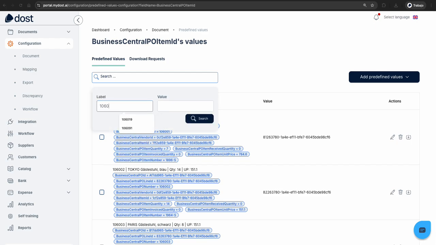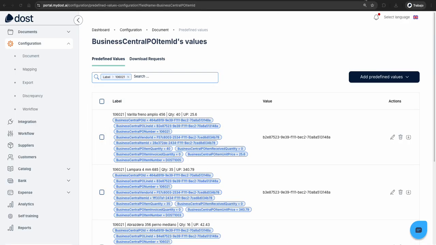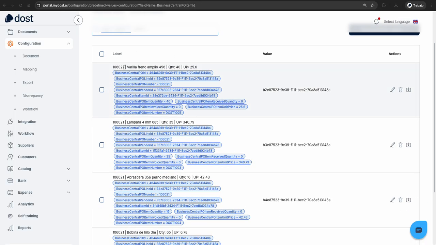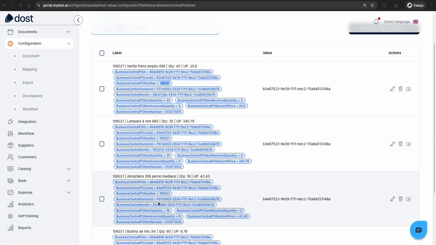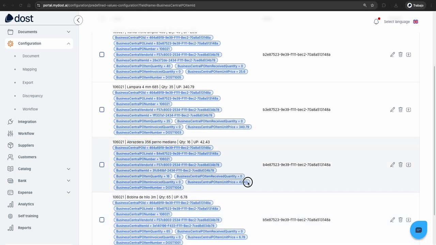For example, if I highlight this PO with this number here, you can see we have four line items. These four line items have a description, and also quantity and unit price. Here we have the information of quantity, unit price, and the product code in this case, but